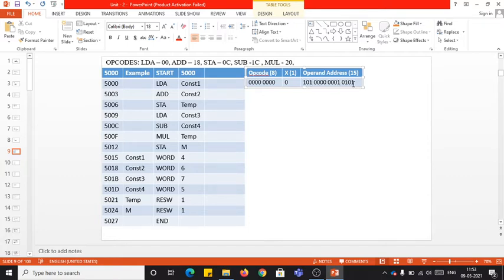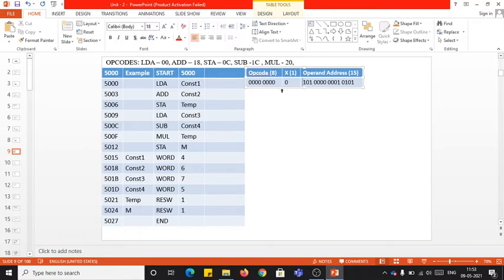Next, as usual, the further bits will be common. So I repeat, whenever you write the address in this address field, you have to make sure that the length of the address field does not exceed 15 bits. For that purpose, you can exclude the first bit. The first bit which you are going to exclude can be either 0 or 1. Right? So that's how you'll be expanding.